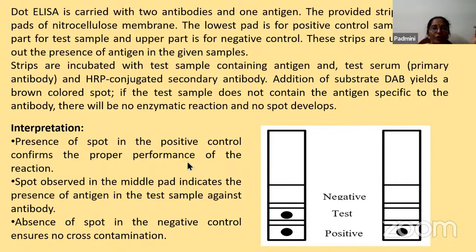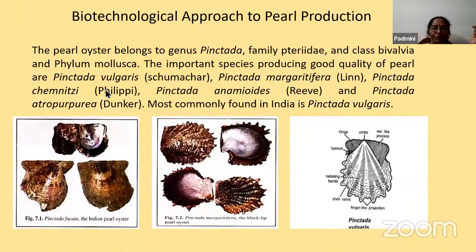Okay, so that was about immunoblotting. We talked about ELISA, we talked about PCR, and we talked about dot plot. So in aquatic biotechnology, we talked about how you can do these experiments for aquatic purposes. Now, when you're talking about aquatic